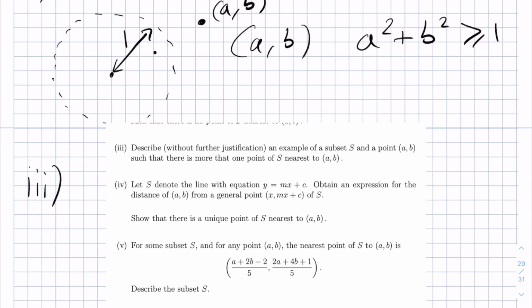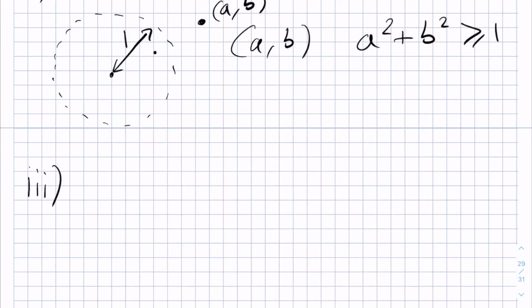So again, because we have no further justification needed, it's going to be quite similar to what we've been considering so far. Again, I encourage you to have a think about a subset S as well as a point AB that you would consider. Continuing on, we can use the set x squared plus y squared is equal to 1,